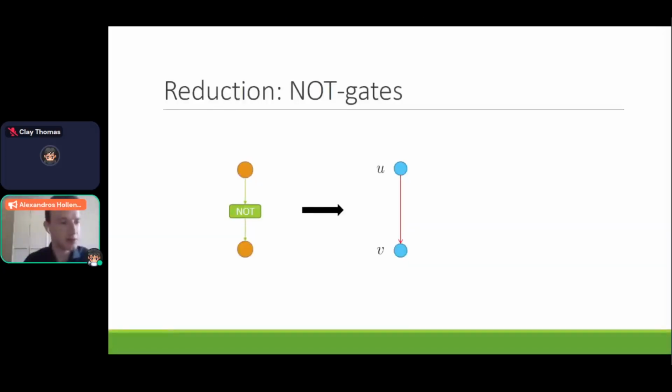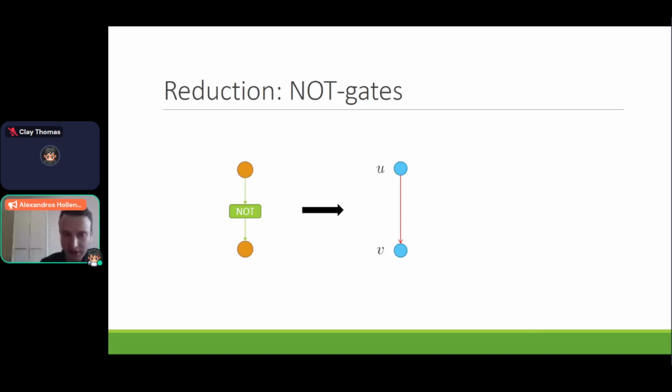So I'm just going to take 2 minutes on the gates and then we'll be done. What you need to do in such a reduction is just show how you can implement the gates from the original pure circuit problem. In other words, how you can enforce the constraints that you have in the original problem.